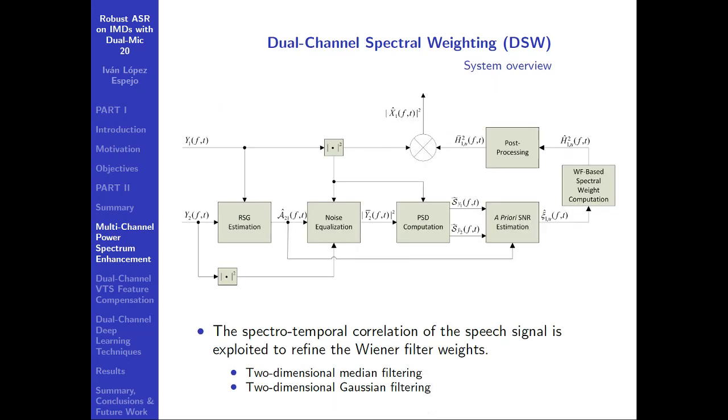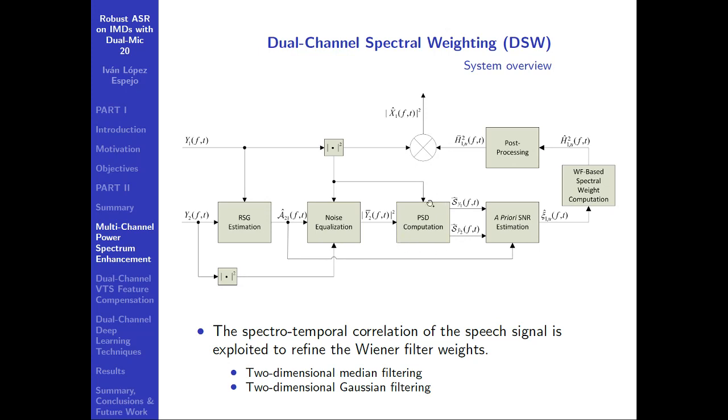In this slide, we can see a block diagram of the full dual channel spectral weighting system. First, we require to estimate the speech gain term, as we will see immediately after. Once done, we apply our noise equalization procedure to force the homogeneity assumption to be true, and then we compute the power spectral densities of